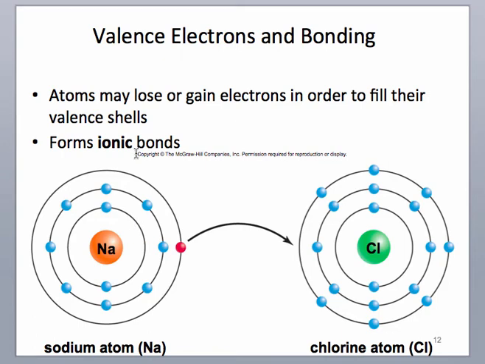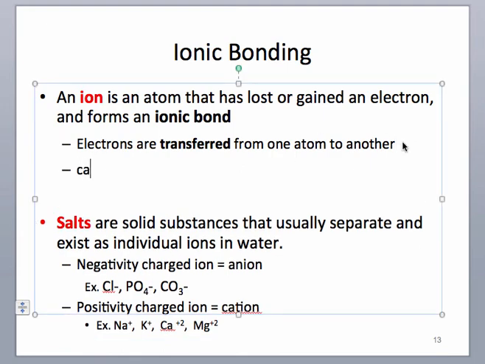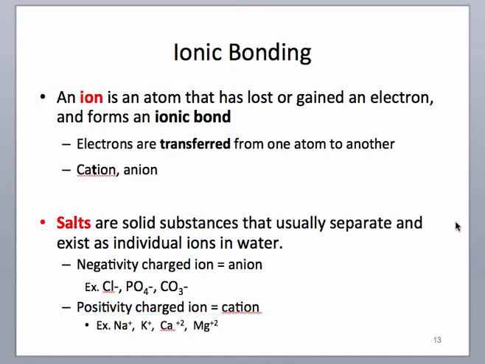Therefore, that's going to form an ionic bond, because then sodium will become a positively charged ion, and chlorine will become a negatively charged ion. And some names for those, if you remember, a positively charged ion is called a cation, and you can remember that because the t is like a positive sign. And the negatively charged is called an anion, a negatively charged ion. Ions will dissociate in water,